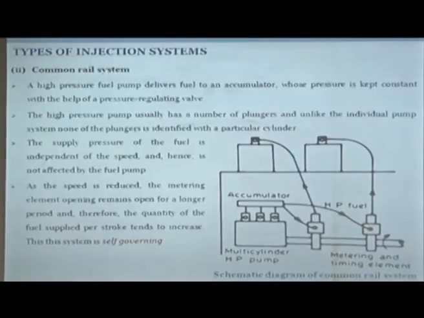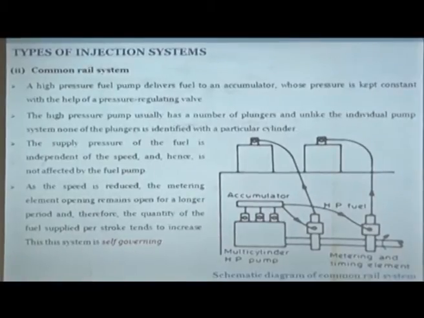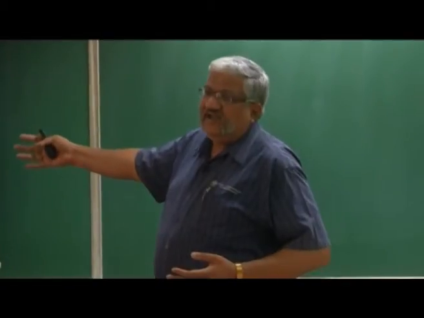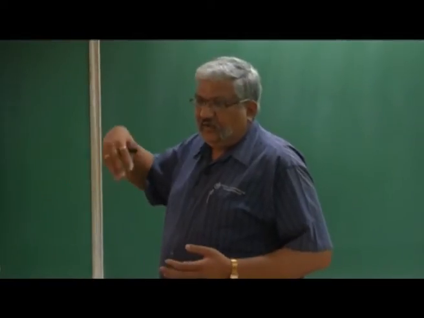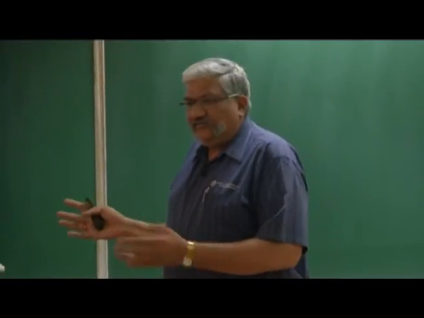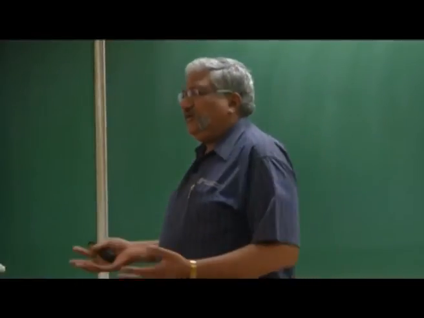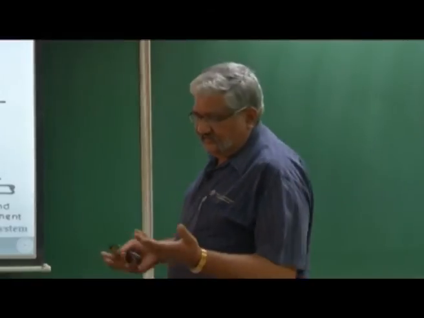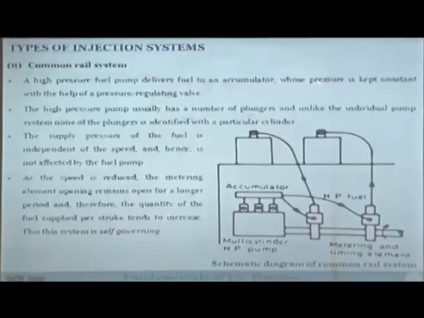Coming to the common rail system, this particular common rail system that I am discussing is not exactly the same as what you see in modern CRDI cars. In modern CRDI cars, what you see is an electronic CRDI system, but the concept remains the same. The only thing is that what I am discussing here is a mechanical CRDI system, and nowadays the mechanical system is replaced with an electronic system. So you have a bunch of sensors, actuators and an ECU, just like what we discussed in the PFI system.